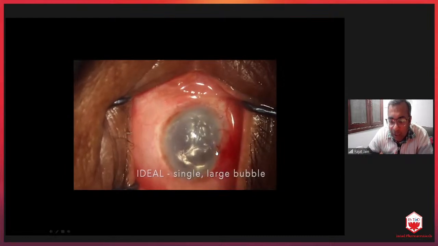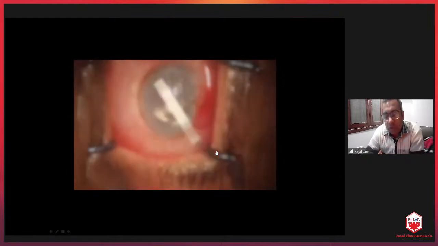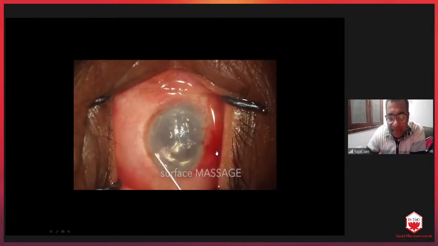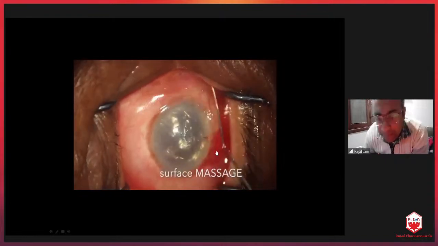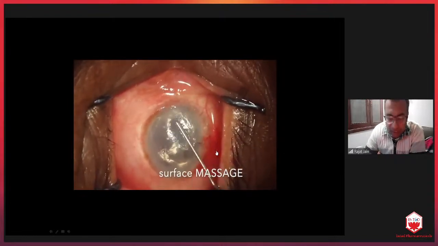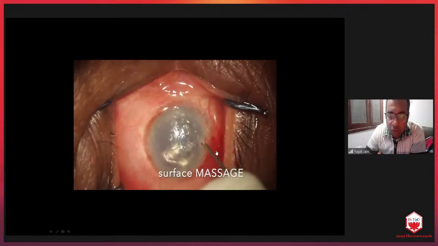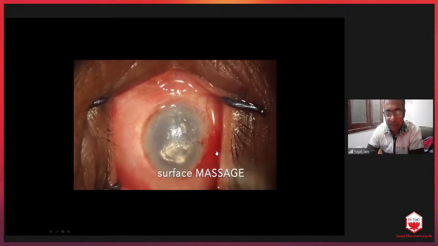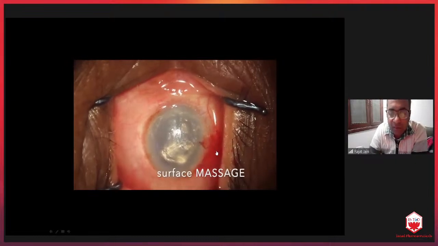See the hardness. You have to aim for a stony hard eye. See, this eye is not getting compressed. This DMD, remember, is more than 4 to 5 weeks old. So aim for a stony hard eye and then do multiple massages in all directions. In all directions in this patient because it was a complete DMD.